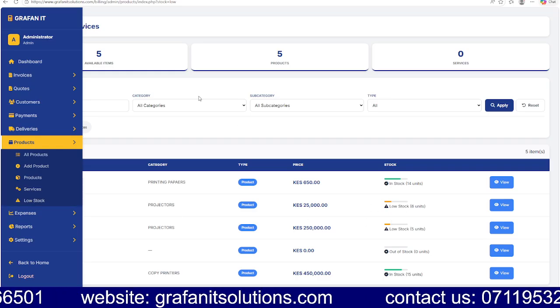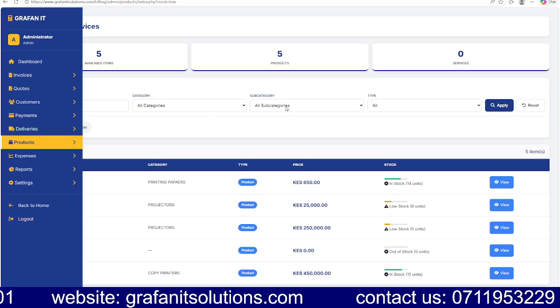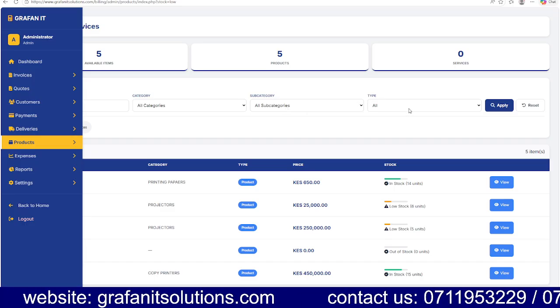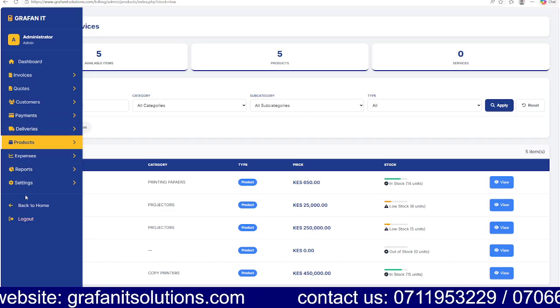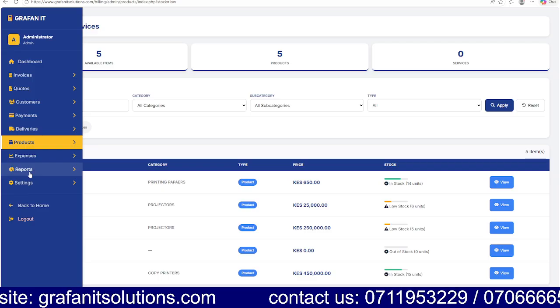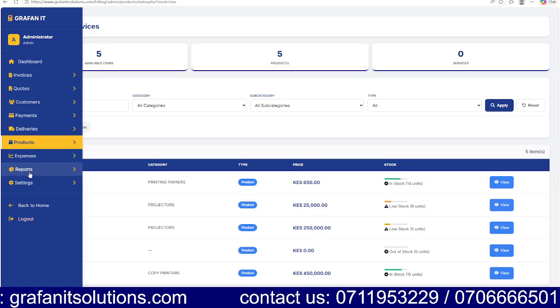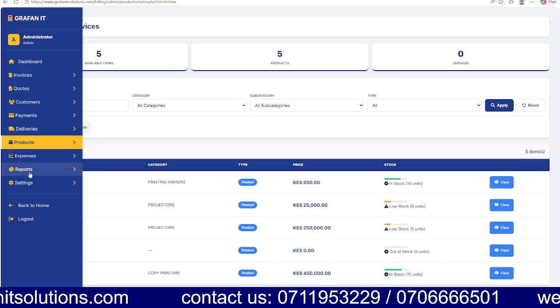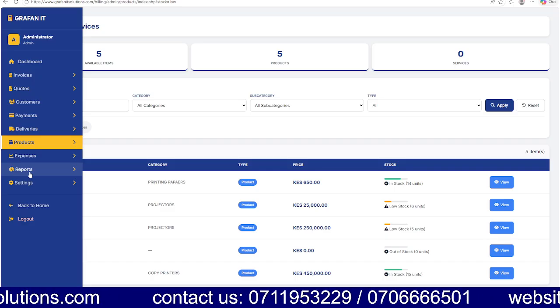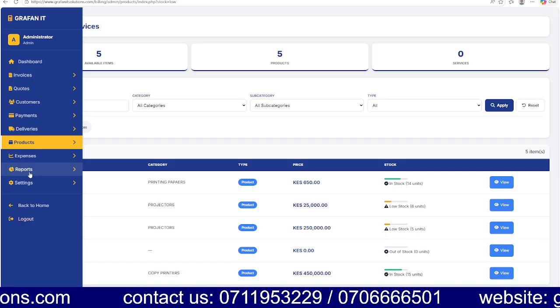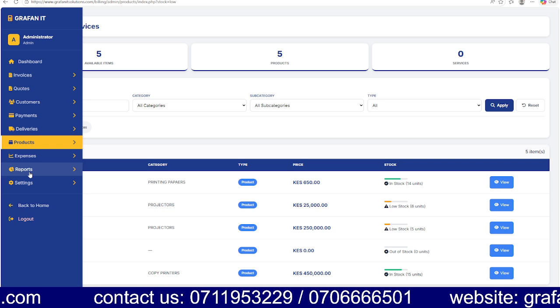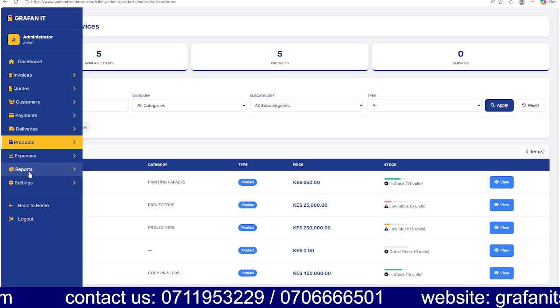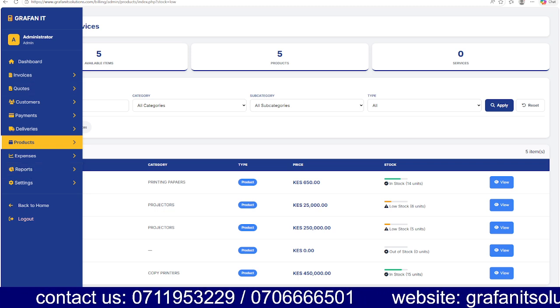You'll see the categories, subcategories, type. So that's just a brief session of our product today. We'll be taking you through other sessions of how the billing system